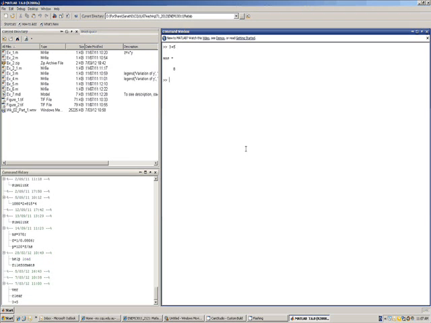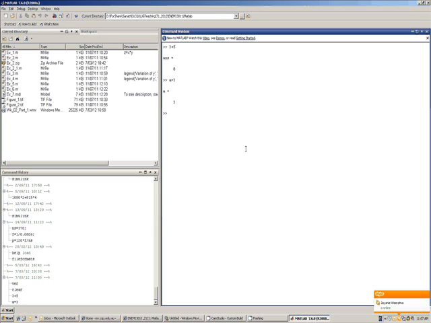What MATLAB will do is assign that value 8 to a default variable called ans, which stands for answer. But if you want to be a bit more organized, and you want to assign the value 3 to a variable called A, you can type A = 3 and press enter. What happens if you just type A = 3 and press enter? MATLAB will assign the value 3 to the variable A, and then it will show it on the